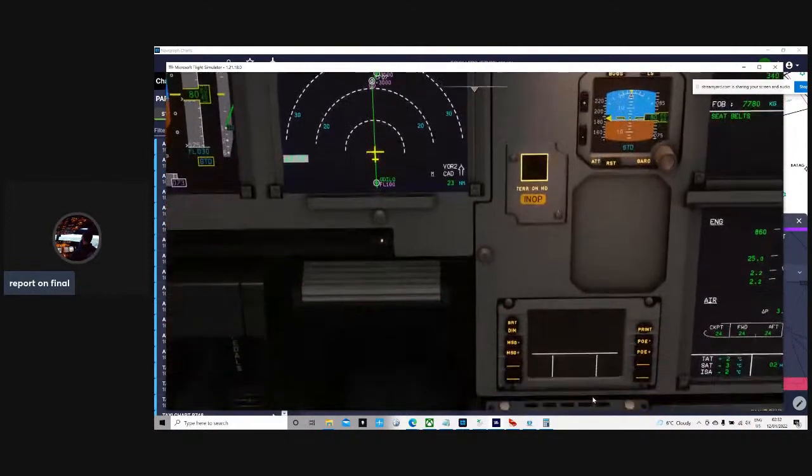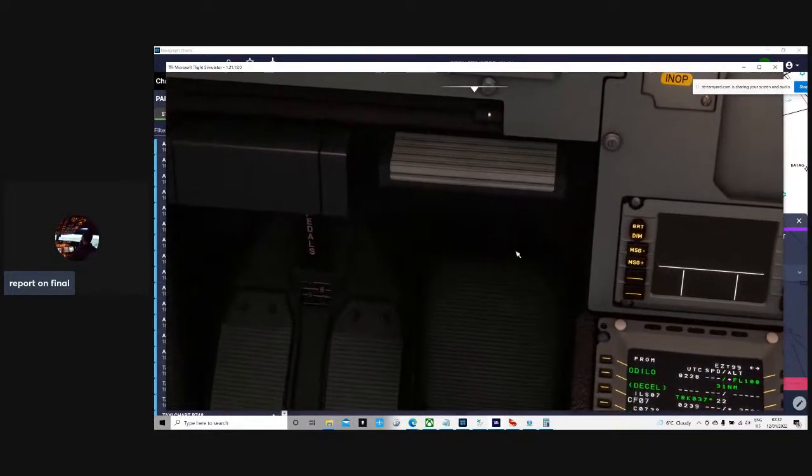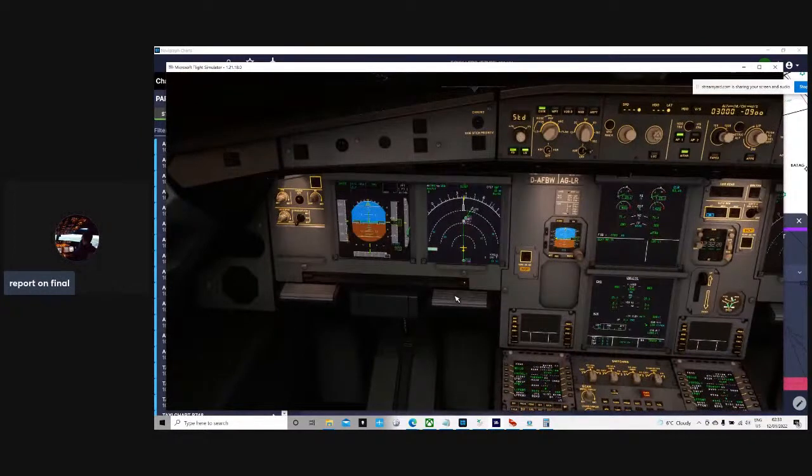Okay, we'll do flaps 1 now. So speed check. Flaps 1. Flaps 1 is